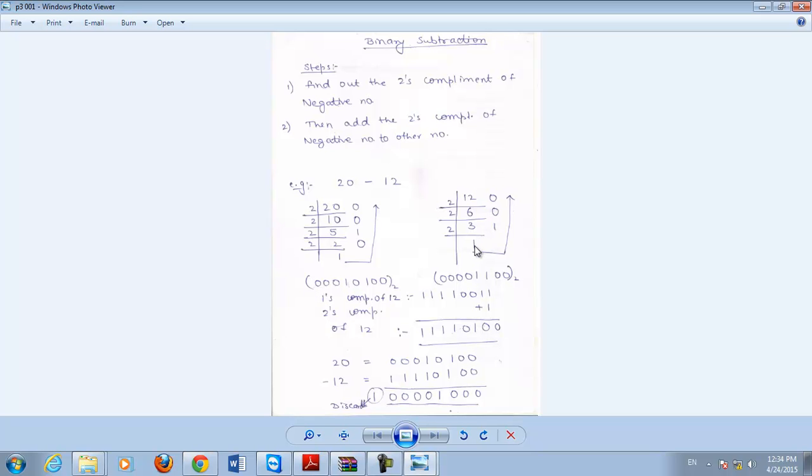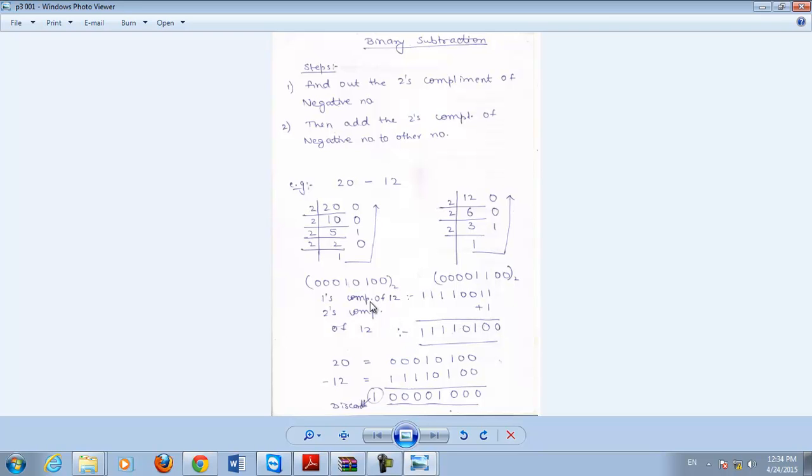Similarly, 12 is converted into binary, that is 1100, and to make it an 8-bit number, you put 4 extra zeros at the left side. Means firstly we convert the decimal numbers into binary numbers, then the negative number is 12, the number with the minus sign. Firstly you have to find out the 2's complement of minus 12, and for 2's complement, जैसा कि